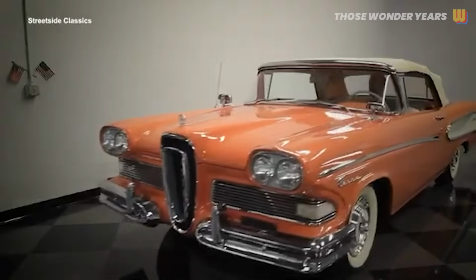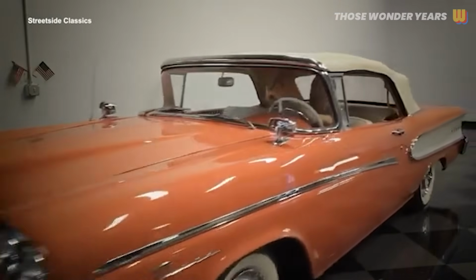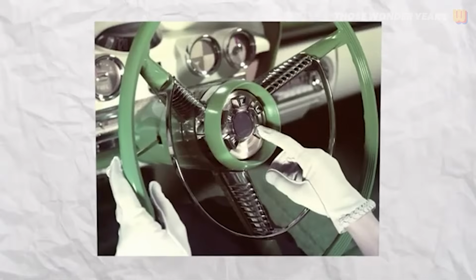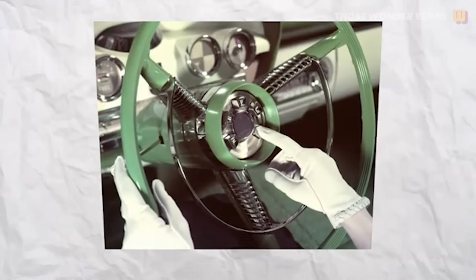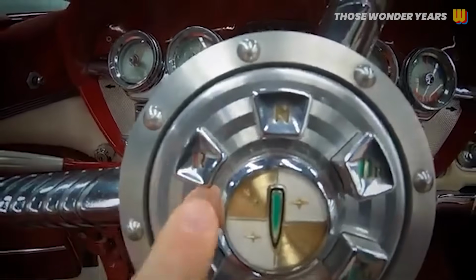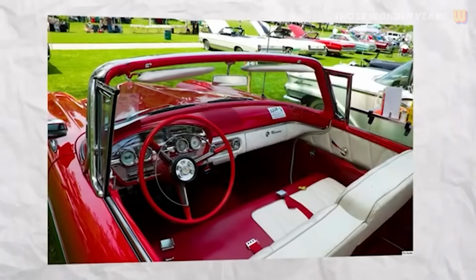A fun fact, the 1958 Edsel, often remembered for its commercial failure, featured the Teletouch system, which placed the transmission buttons in the center of the steering wheel hub. This unique placement was both its selling point and downfall, as it was prone to malfunction and not as intuitive